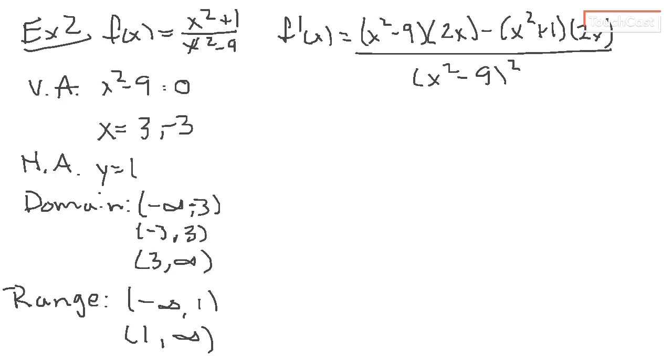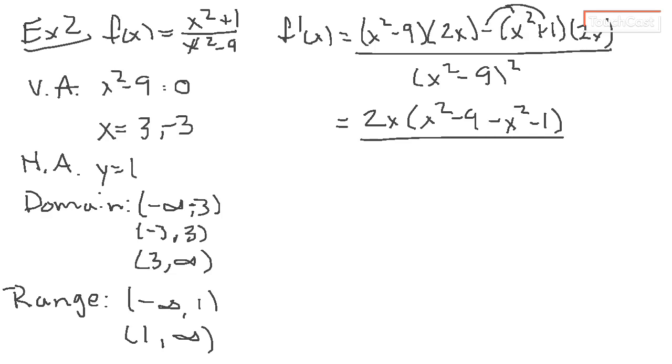And we're going to start with that. Now I do notice in the numerator both terms have 2x, so I'm going to factor that out. I have 2x times x squared minus 9 minus x squared minus 1. And I got that because I distributed this minus sign to the x squared plus 1. And that's all over x squared minus 9